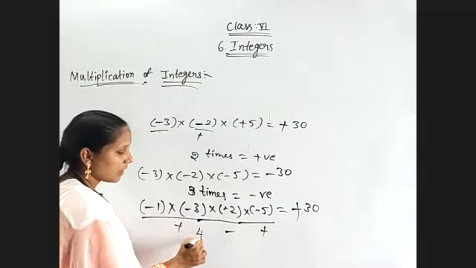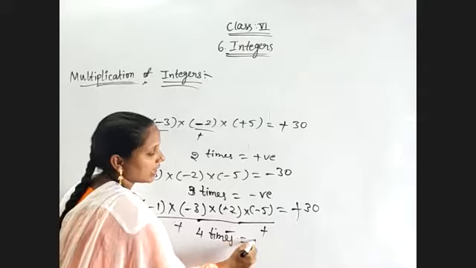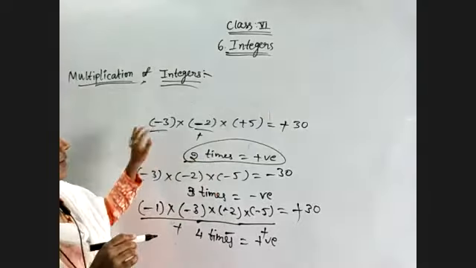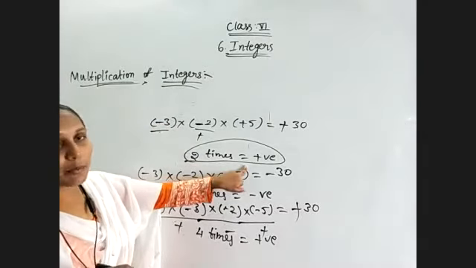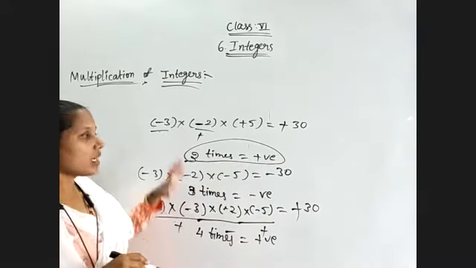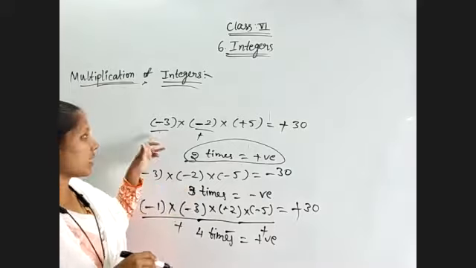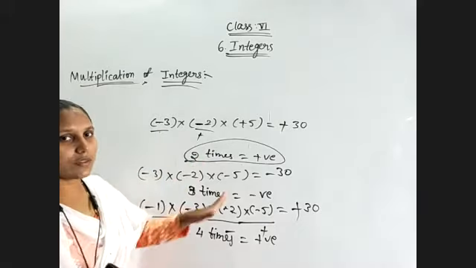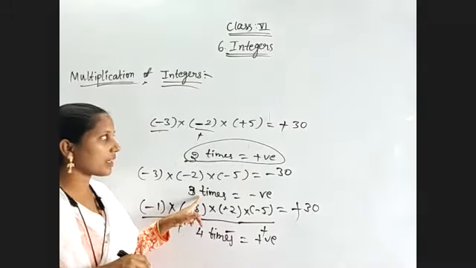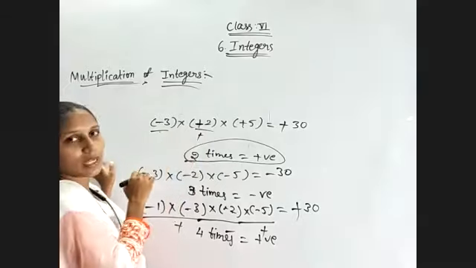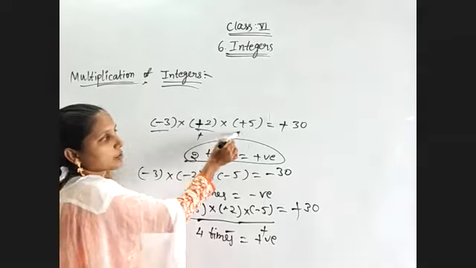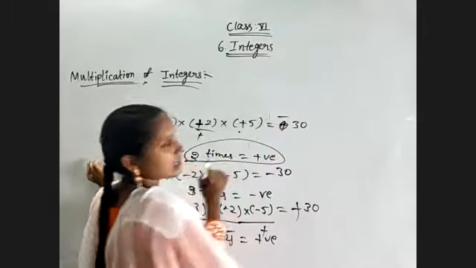Observe, whenever a negative integer is appearing an even number of times in the product, then we are getting a positive number as the result. Even 2 times, 4 times, next 6 times, whenever you are getting an even number of times a negative sign, you will get a positive result. If you are getting an odd number of times, for suppose only 1 time, then minus into plus is minus, so our result will be minus.